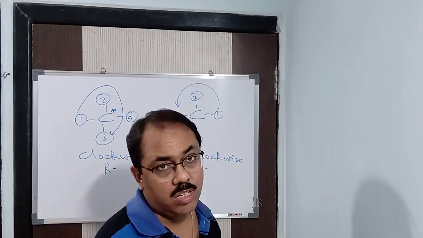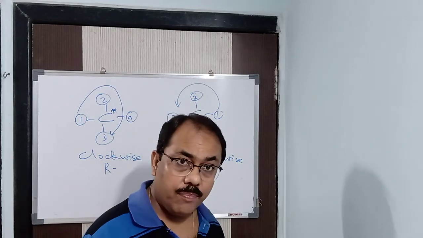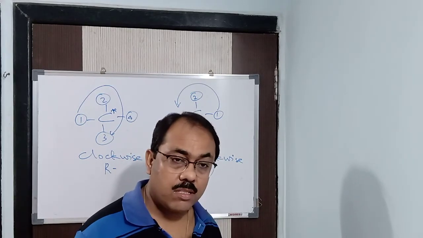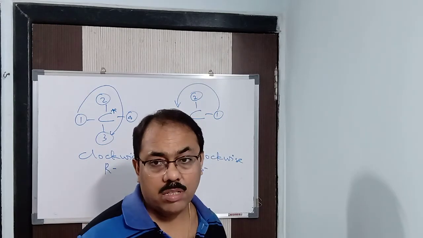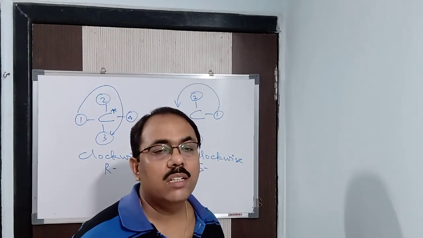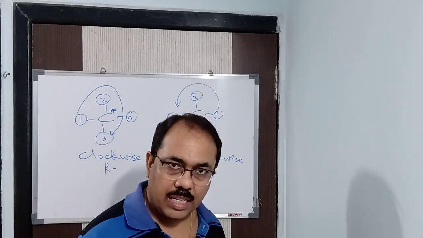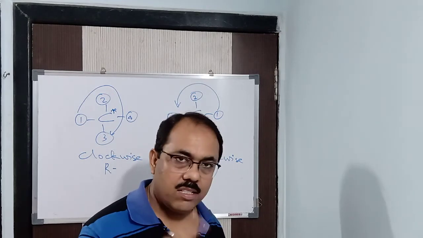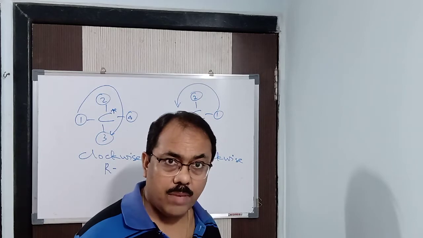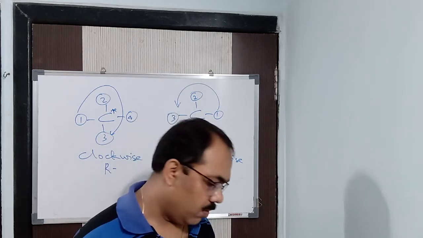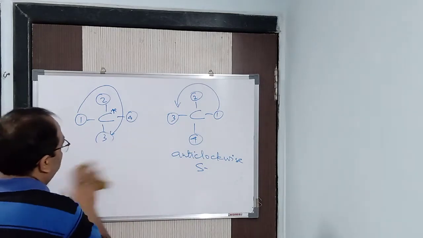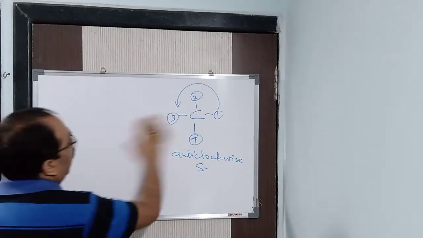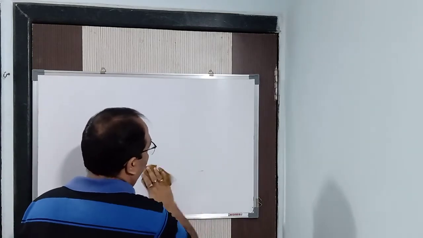There are 4 rules. First is atomic number, when there are 4 different elements. But if the elements are the same, then you have to see the isotopes, the atomic weight. The fourth is double bond and triple bond, if present. Fine. Now, I hope you understood the DL system, erythro-threo and the RS system of nomenclature.